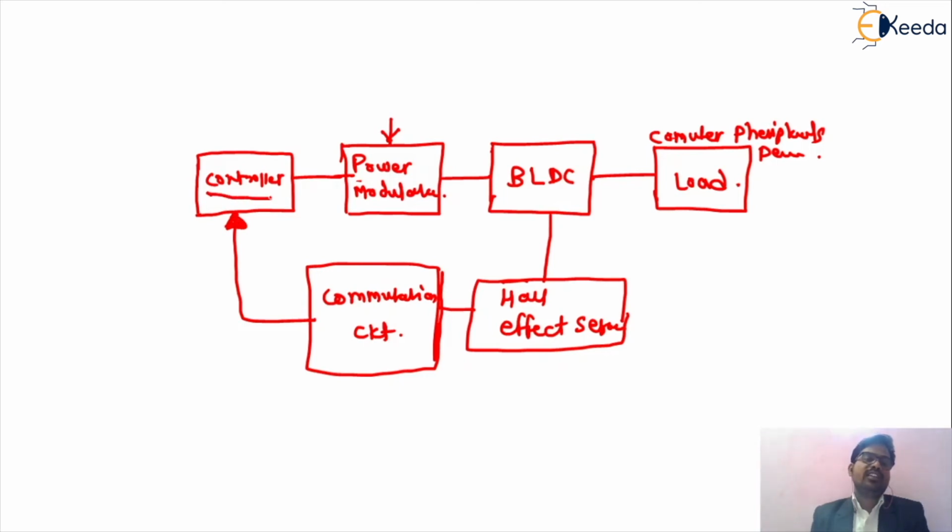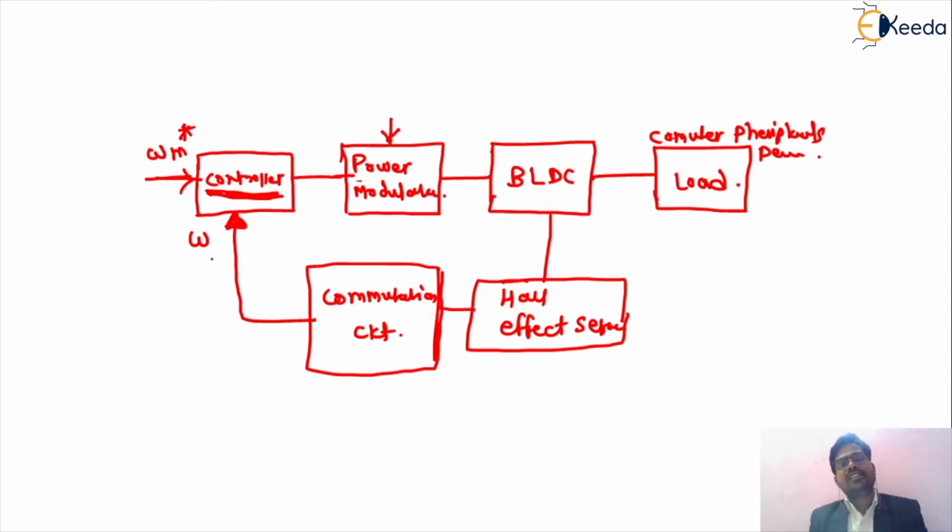This controller will select which type of action, because this will be the reference input. This will be the sensed part of your speed. So we call it the Hall effect sensor, that is omega, and we give a reference speed to that particular controller. So this controller will control the speed of your BLDC motor by using this Hall effect sensor. So friends, this is the actual closed loop speed control scheme of your BLDC motor.